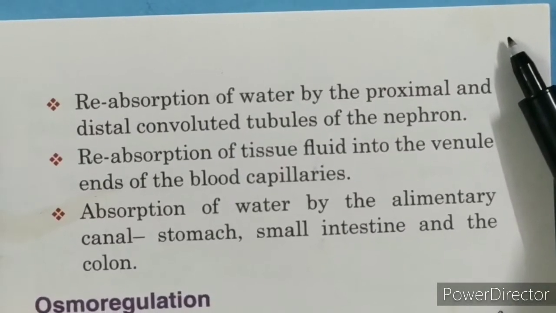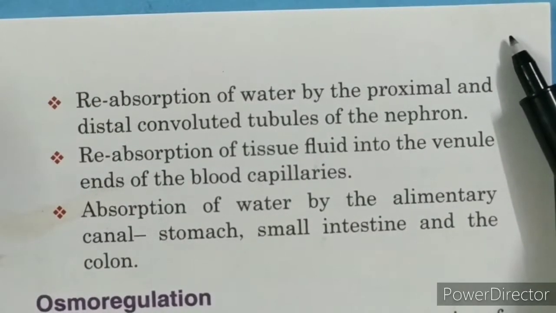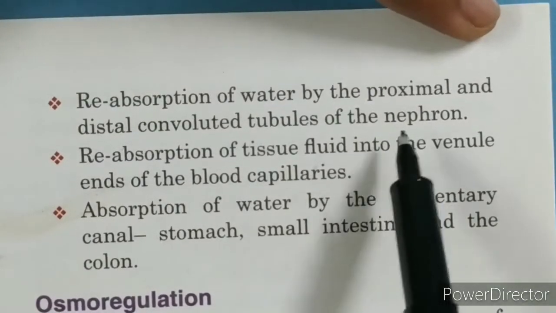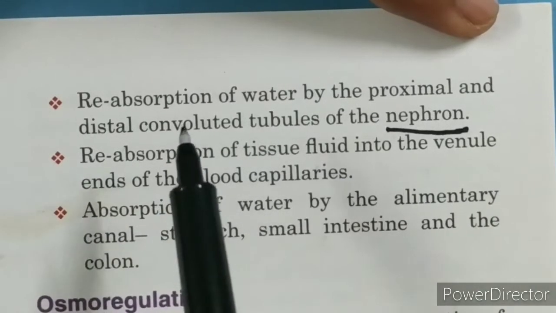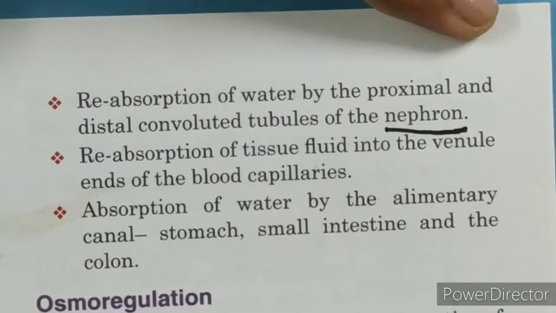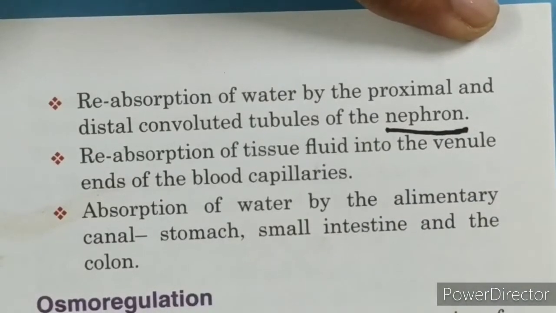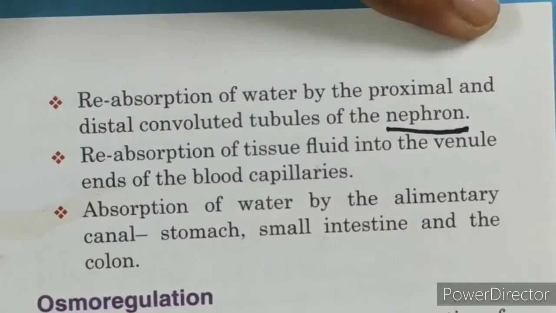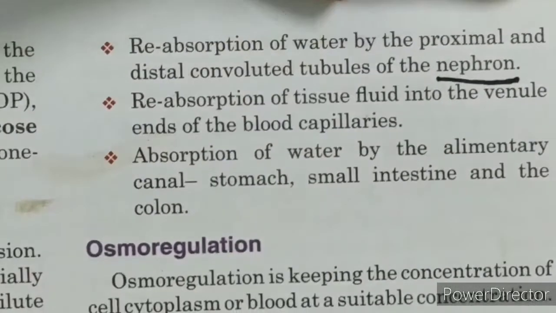And here, reabsorption of water by proximal and distal convoluted tubules of the nephron. So nephrons are found in the kidneys, and what they do is reabsorb the water. Whenever we have less water in our body, the water which is being filtered, the nephrons reutilize, because nephrons have more concentration inside the blood, but they absorb water from a lower concentration, where the water concentration is